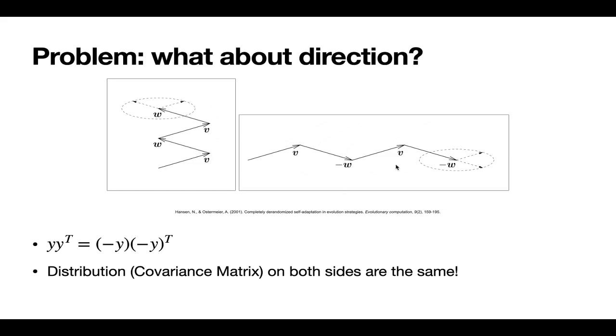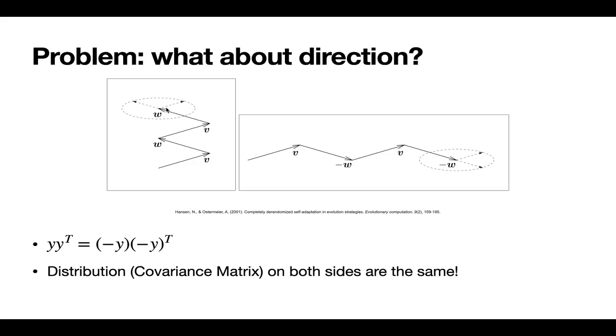Now, if we were to use only rank mu update and simply take the quote-unquote dot product square of the update vector each iteration and average it with the existing covariance matrix, then we would get exactly the same covariance matrix at the end of the two sequences. Because w dotted with w transpose is exactly the same as negative w dotted with negative w transpose. And as you can see, for both sequences, at the end, we get this kind of flat ellipsoid for the